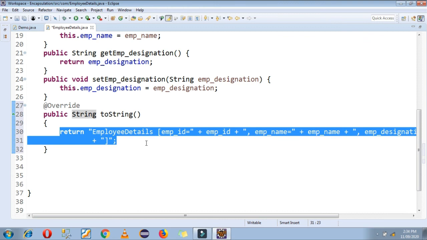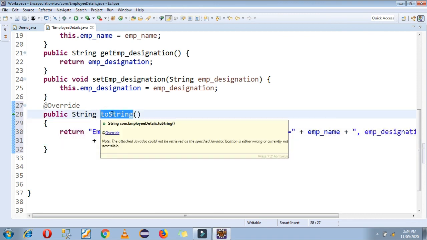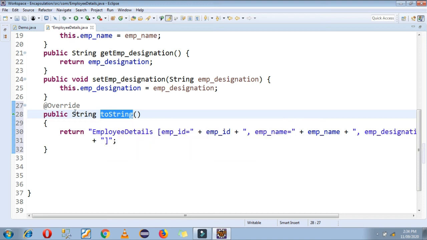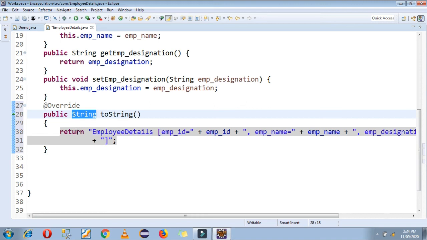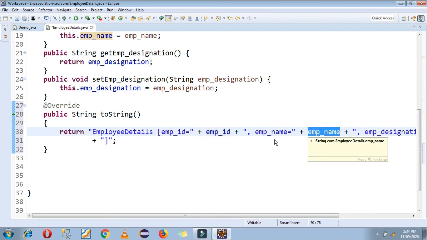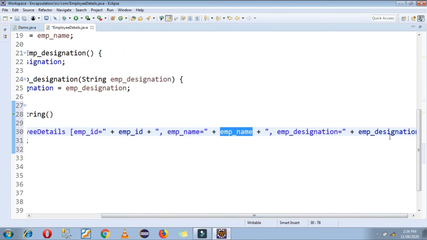So in this way our toString function is generated. toString function is available in Object class. It has a String return type, and because of that you have to return a value from your class to main. So I want to print the data, that is the EMP ID, EMP name and EMP designation.